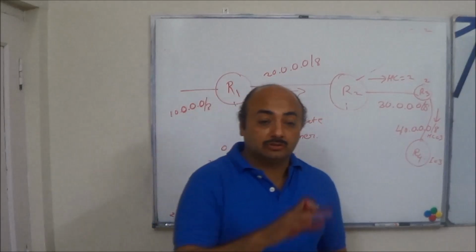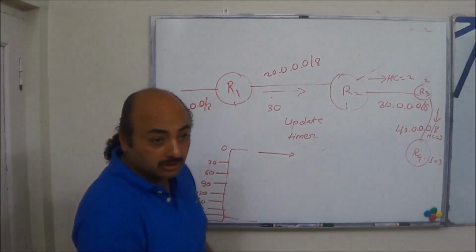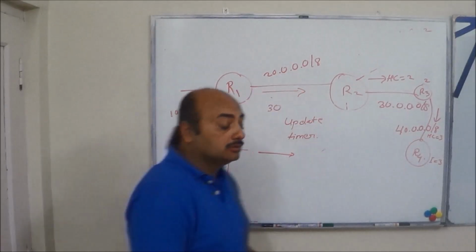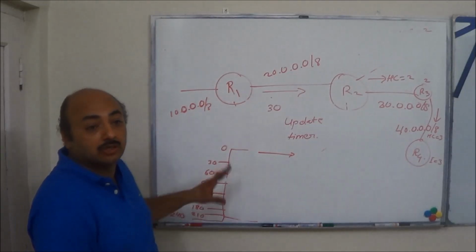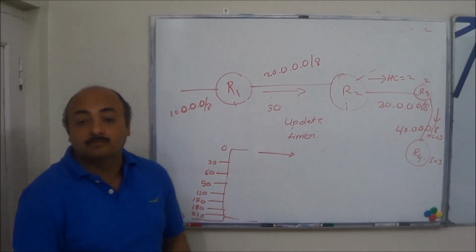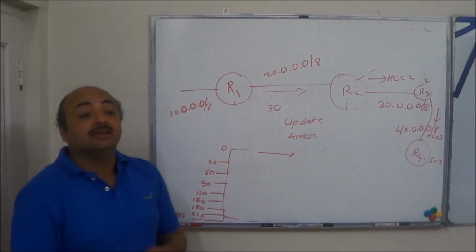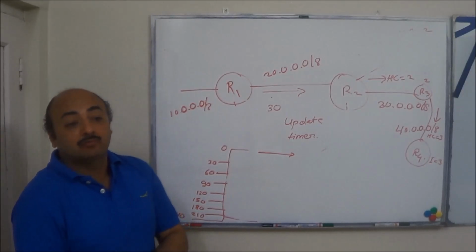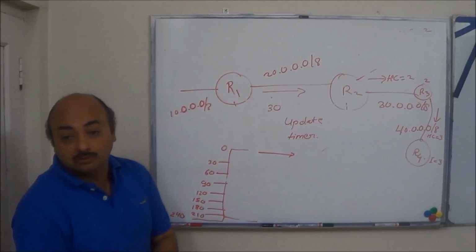It will show it in your routing table that probably the network is down, but it will not delete it from its routing table. So for how many updates will it wait? After 180 seconds, it waits 6 updates of 30 seconds each. If the update is not coming, it will mark the route as invalid, but it will not remove it from the routing table. Then it waits for 2 more updates before it deletes it from the routing table.